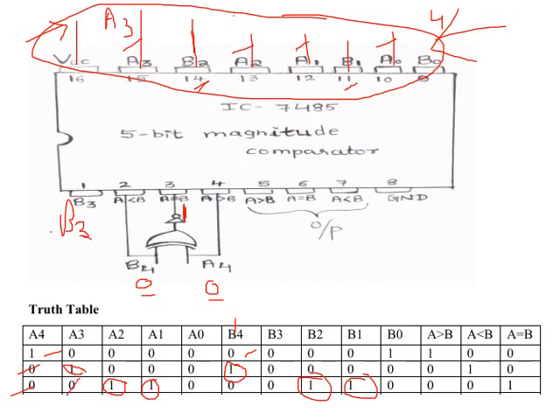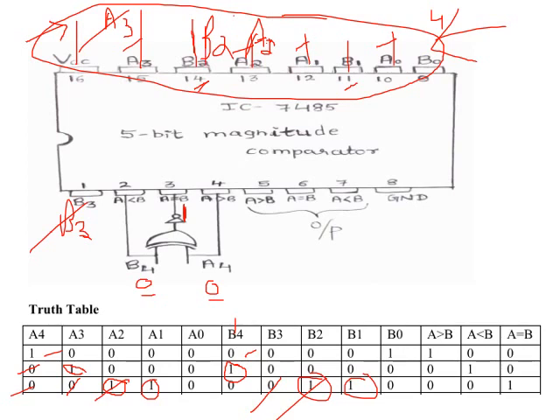We are seeing that A3 and B3 both are again 0 0, correct? So A3 and B3 both are 0 0. Next, this IC will compare the next MSB, which is B2 and A2, correct? It will compare the next two bits, the next MSBs. So here B2 and A2, again they are both 1 and 1.